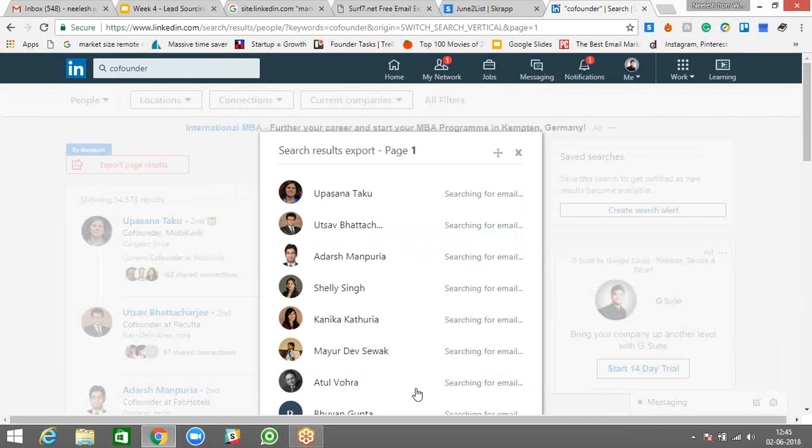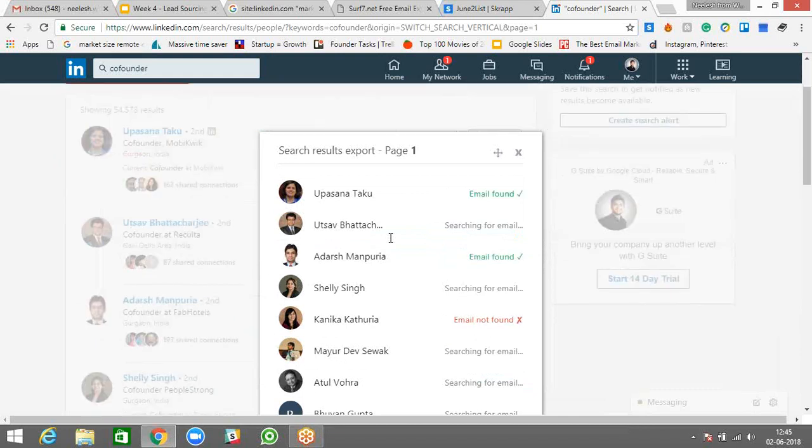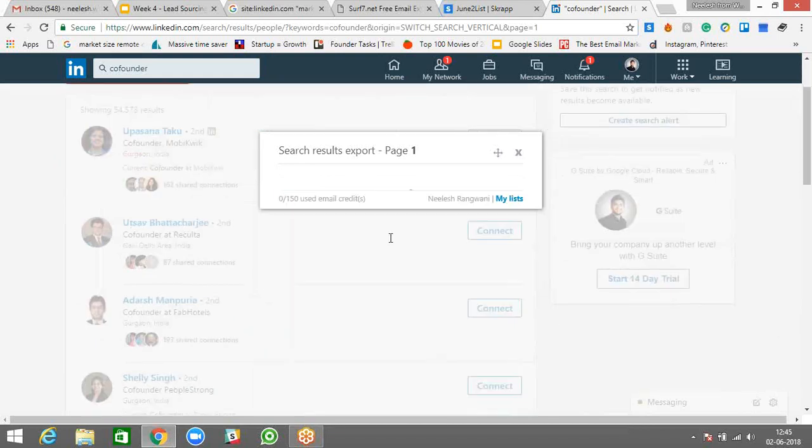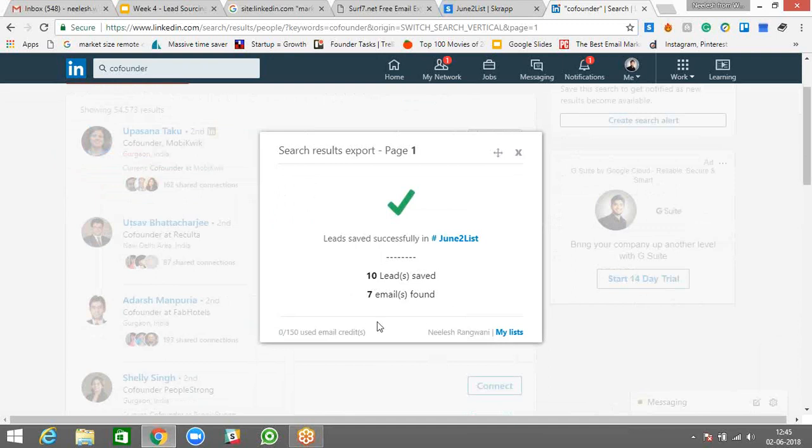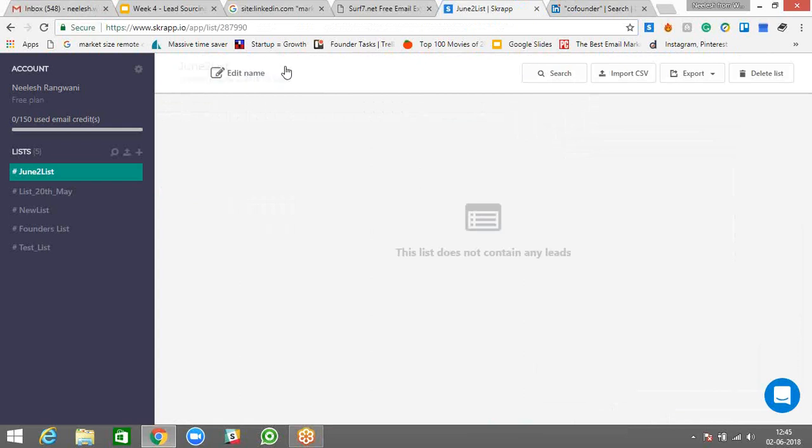It searches from the first page, tries to locate some email addresses. Let's see. So it extracted 7 emails out of 10. Okay. I go to June 2 list.